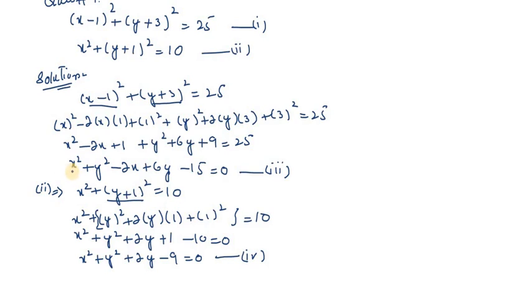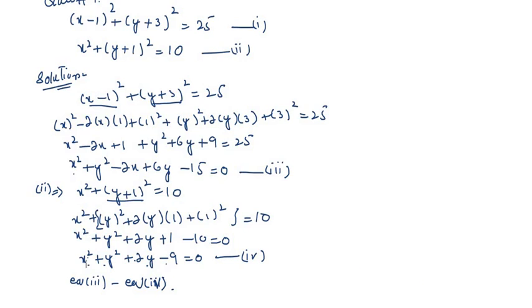So simply, equation number 3 has x square plus y square minus 2x plus 6y minus 15, and equation number 4 has x square plus y square plus 2y minus 9. Here x square plus y square is positive in both. So equation number 3 subtract equation number 4. When we subtract these two equations, x square will be cancelled, y square is also cancelled, and we get the equation,